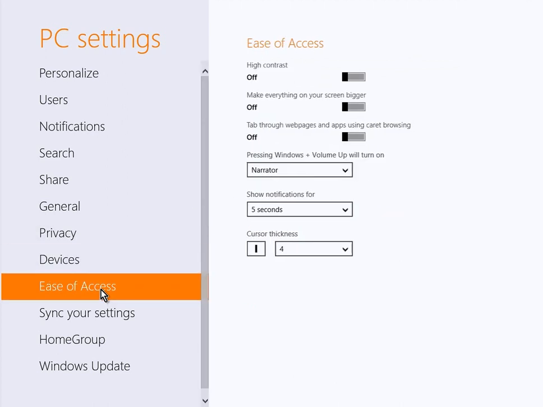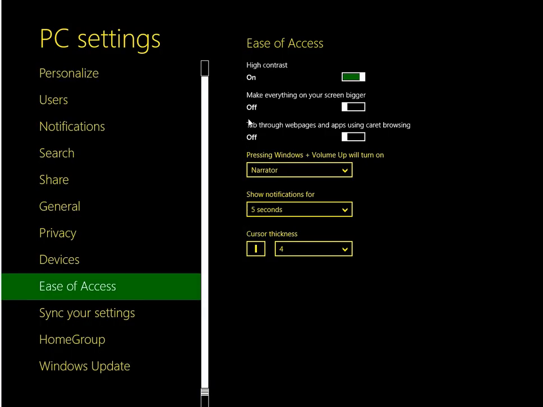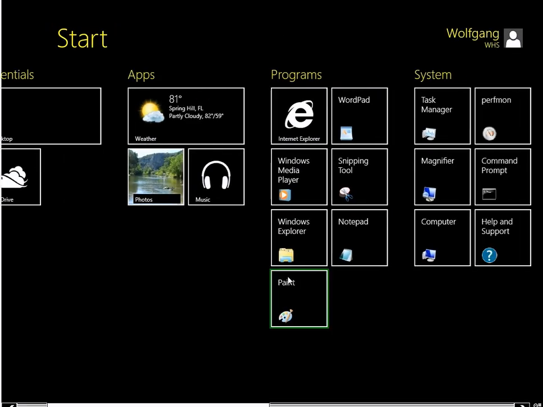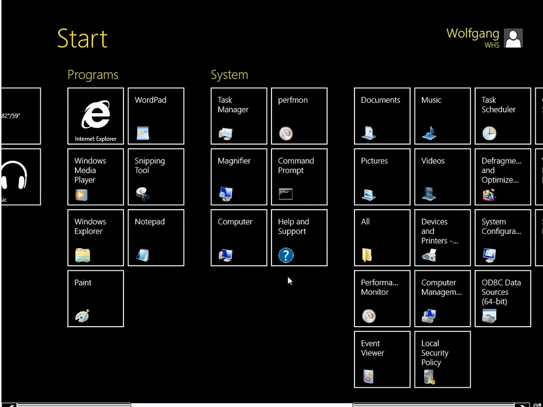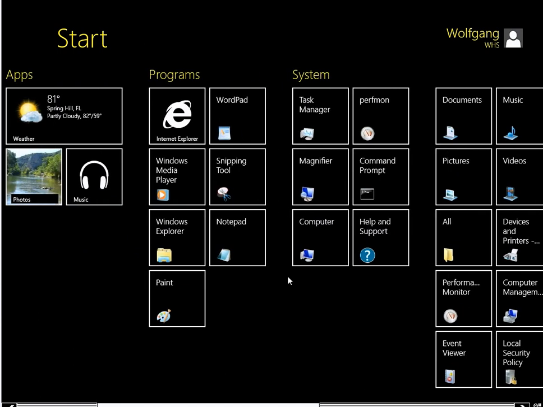Ease of access, you can make a high contrast, for example. That's interesting. See, everything is in high contrast, which is pretty nice if that's something you like. So let's work with high contrast for a moment. It's not too bad. And let's go back to our